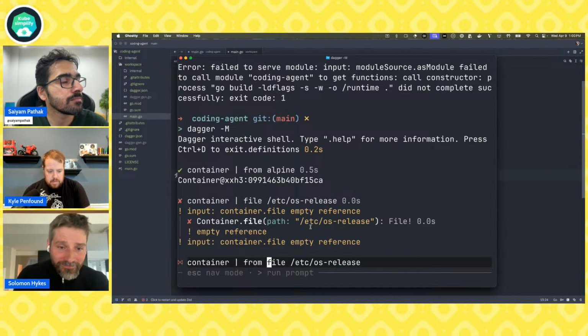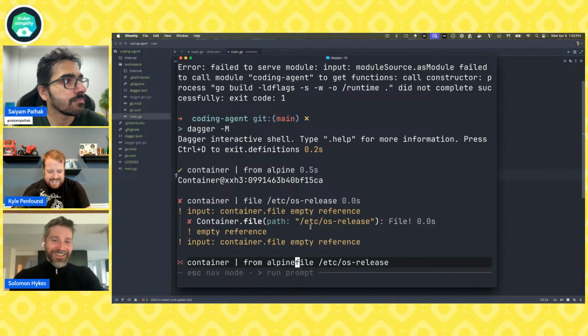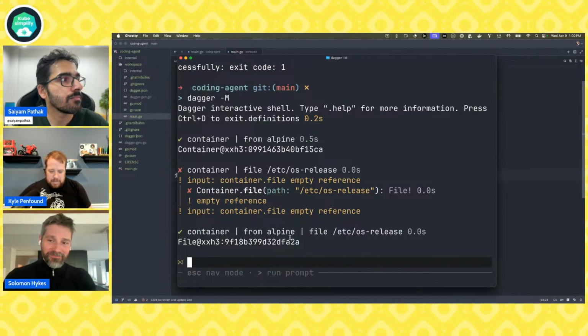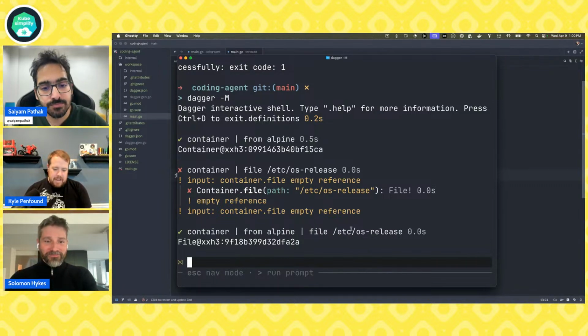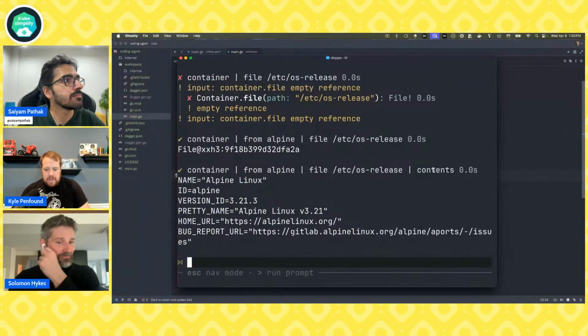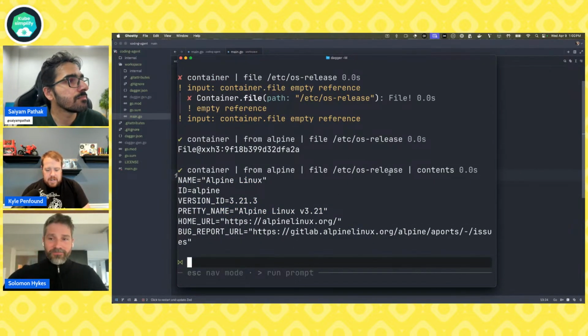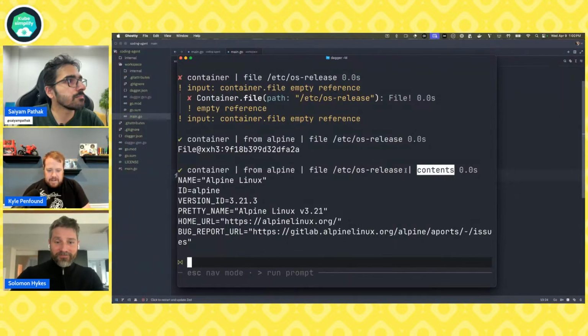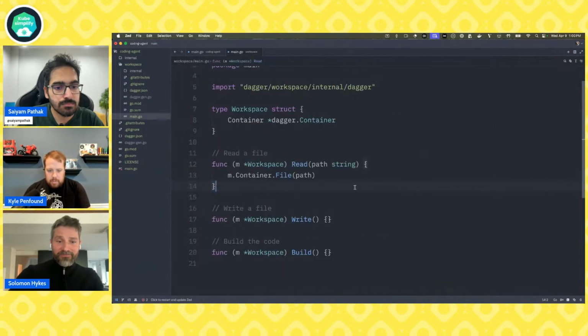There we go. So you're just chaining through the type of all its properties. Now there's a file there, and I can say, what are the contents of that file? We're just chaining the same way as we were earlier in the shell. So we see this super useful function, contents, to actually see the contents of a file, which sounds like what we want to do over here.